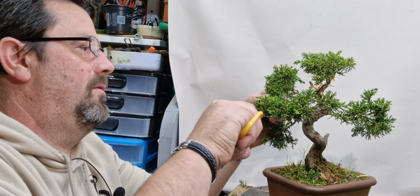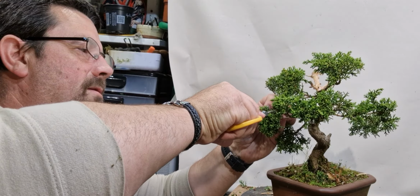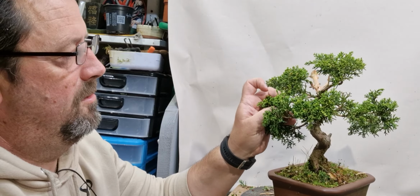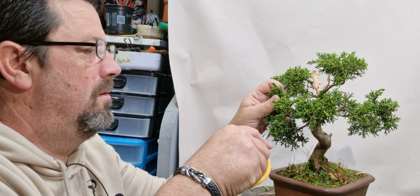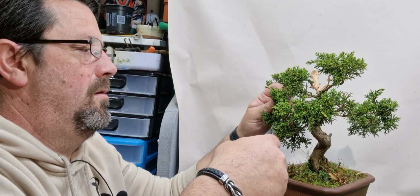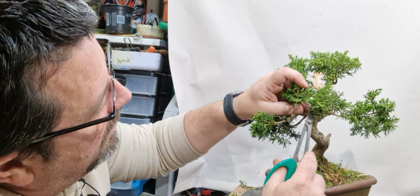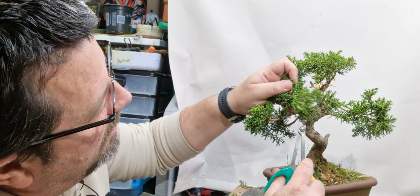Anything growing down or in the crotches with the branches we'll take out. Get that a bit of a tidying up. This one definitely put on a lot of growth. It was very weak for quite a while when I got it, as it didn't like the transition of